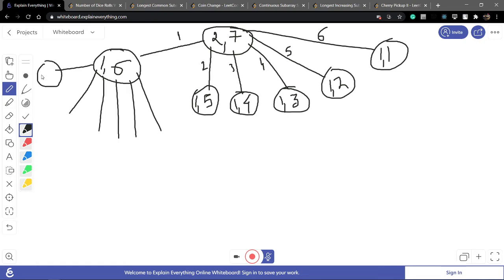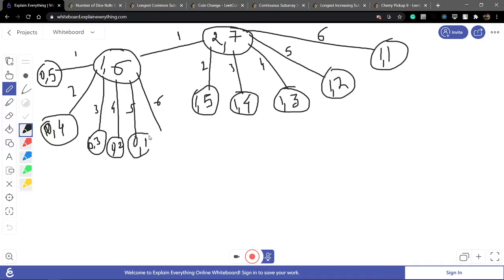Okay. If thrown, the number of dice is 0, but now if thrown 1, I have 5 remaining. The target changes to 5. If thrown 2, the target is 4 remaining. Target 3, because throw a 3, throw a 4, throw a 5 and throw a 6. In 0, remaining is 2, then 0 remaining is 1, and 0 remaining is 0. Completed.